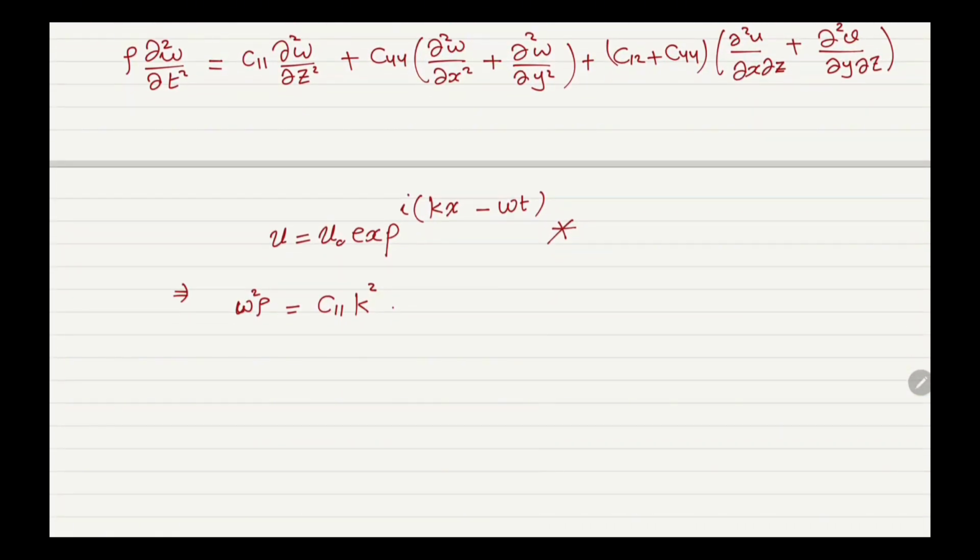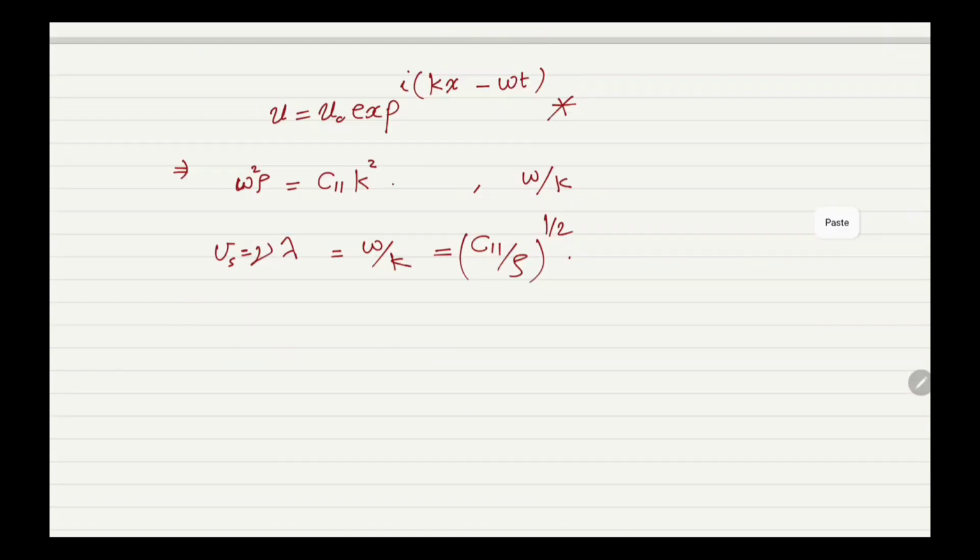You will find that it's equal to omega square rho equals c11 k square, and the velocity is actually equal to omega over k, so v equal to nu lambda, and equal to omega over k, which equals c11 over rho to the power half. And this is actually a longitudinal wave because its displacement and propagation are in the same